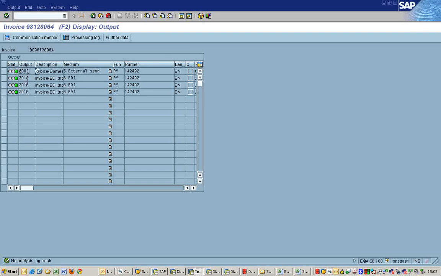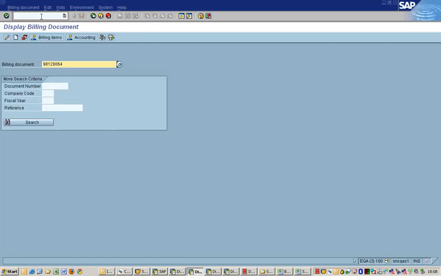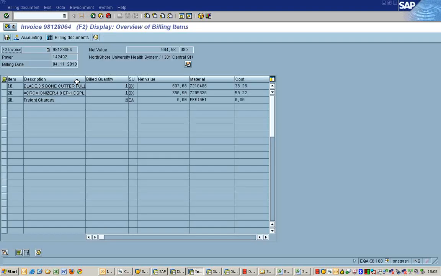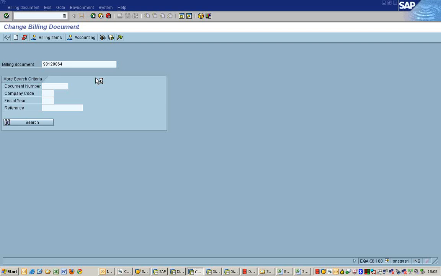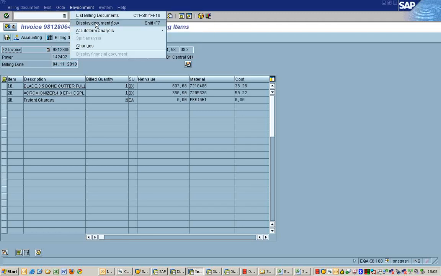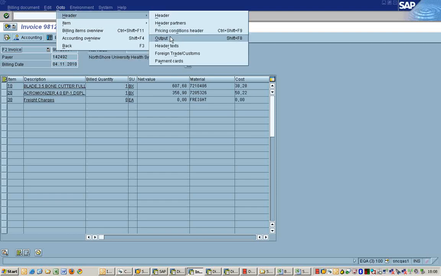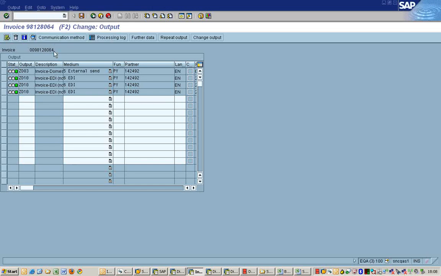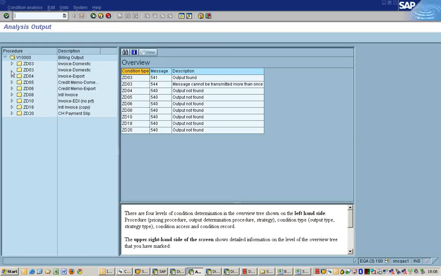You can check determination analysis in change mode, not in display mode. So we have determined ZD10.